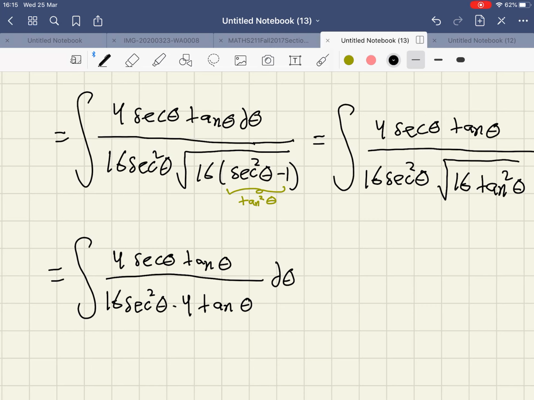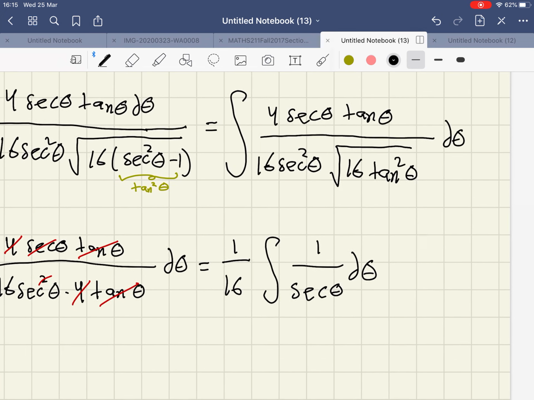Now I think we can do cancellation, and it's easy to cancel. I can see that tan can cancel with tan, 4 with 4, secant with one of the secants. So what is remaining for us is 1 over 16 can go outside,